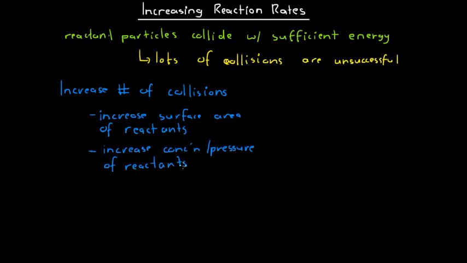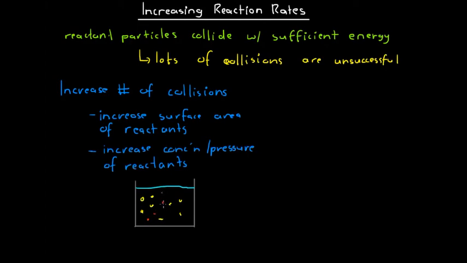Well, if we increase the concentration of our reactants, then if we're mixing two solutions together in a beaker, so if we've got our beaker here, and we've got a solution, and we've mixed our two solutions together, so one solution contains these yellow particles that we can't obviously see because they're dissolved, but we're just drawing them here so we can understand the process,